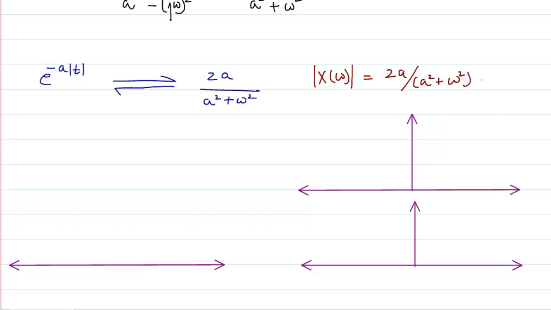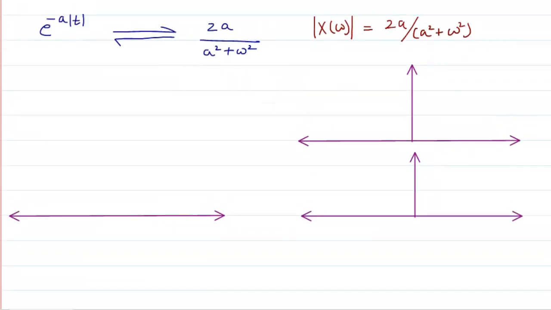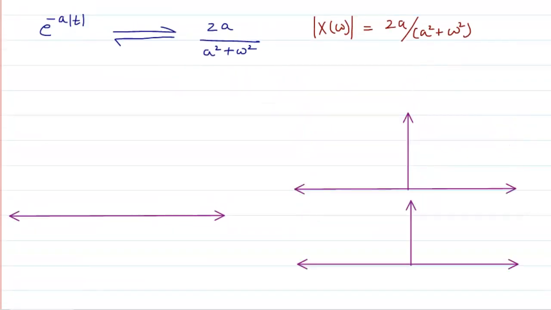Okay, and what will I have as the phase angle? Let me move this figure down. The magnitude is the same, whereas the angle of X of omega, since there are no imaginary values here, is going to be 0. So based on that, if I am going to draw, first in the time domain I will have to draw a double-sided exponentially decaying function.